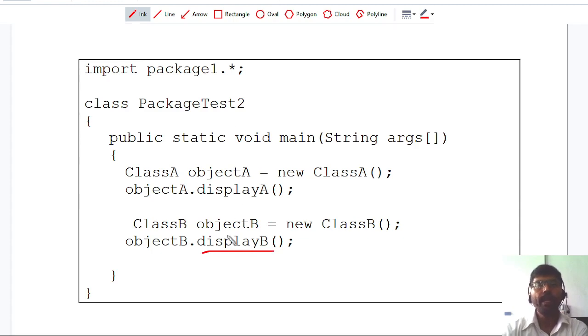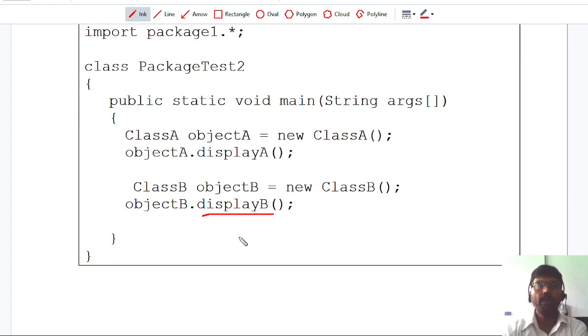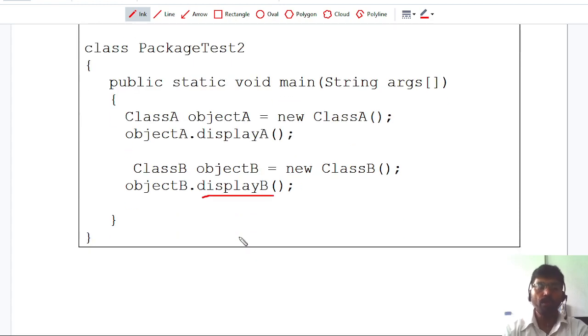So this is the technique where I can access two classes, class A and class B, which are in the package called package1. This is just a demo program on how to access a class from a different package. Now you can create your own package, create very good classes in that package, and access those classes in your program wherever you need. So this is the demo of how to use packages.